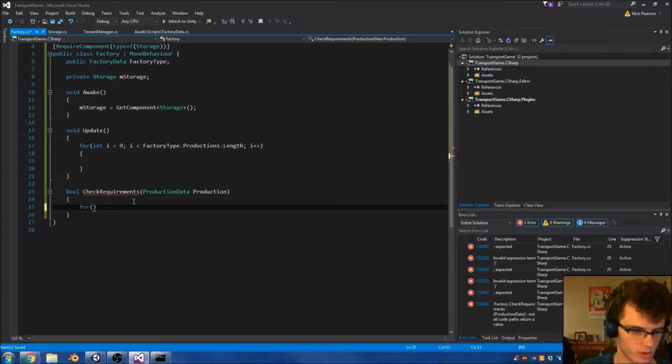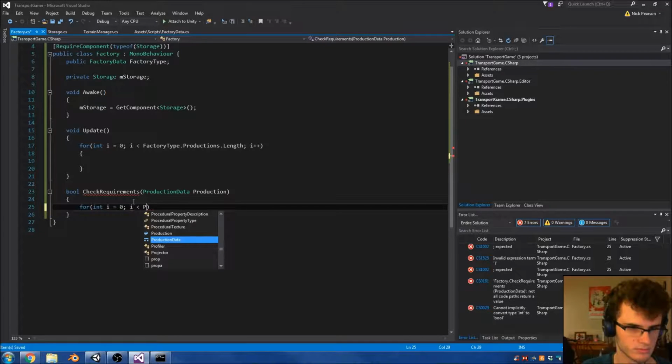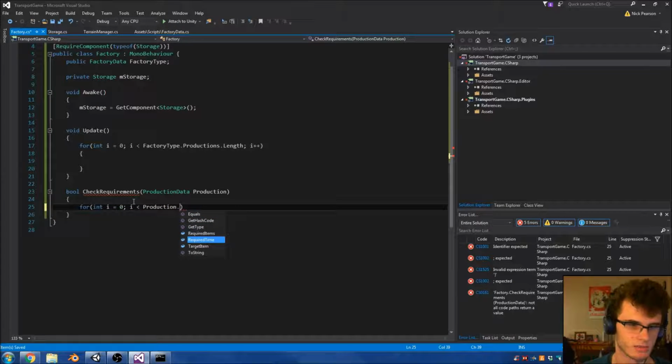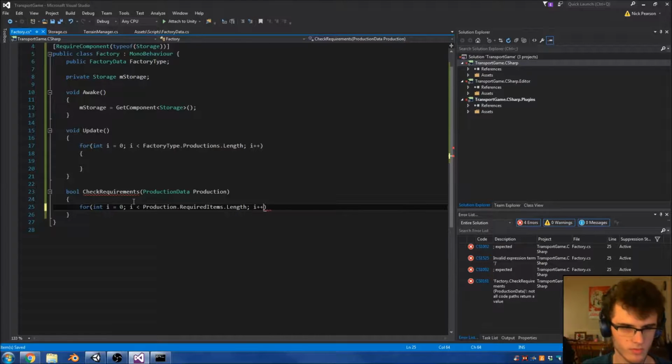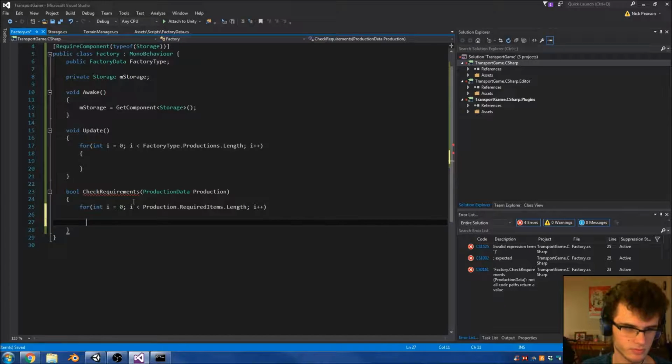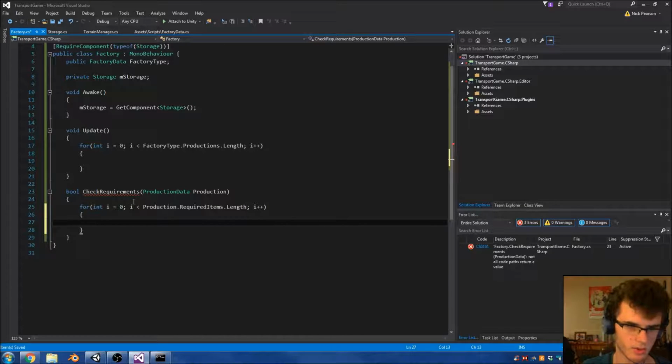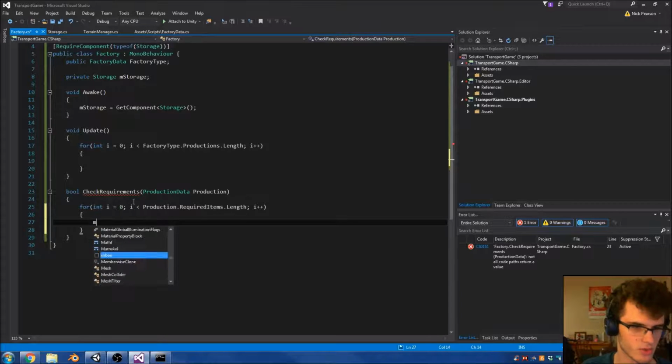So we're going to go looping through all of the requirements, requiredItems.length. And then we want to say storage or mStorage